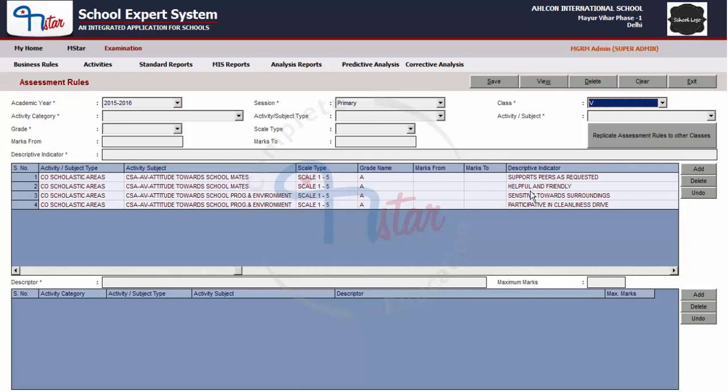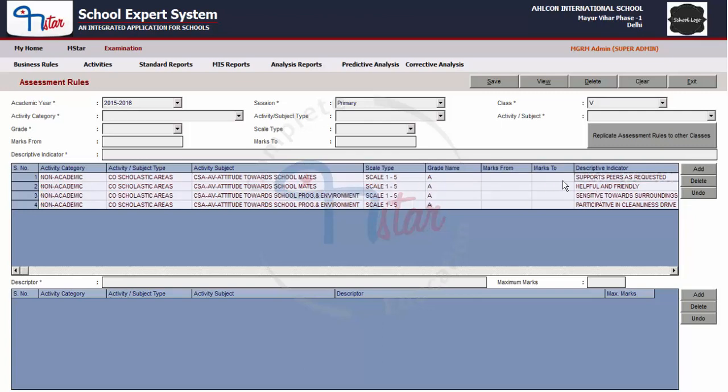To update any specific indicator, double-click on the row of the indicator and the details of the indicator appears in the respective screen. If you want to modify the descriptive indicator, then update the same and click on button Add.